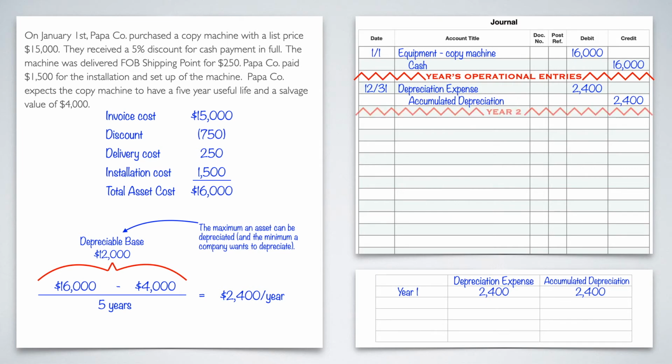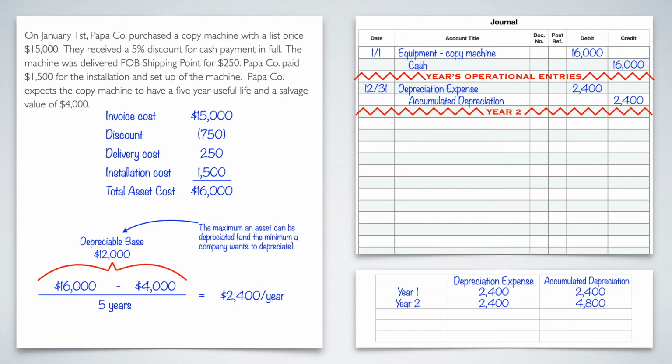Now let's go to year 2. This is why I said the straight line method is the easy one, because it's one calculation. We calculate 2,400 per year, and we're going to use that over and over again for 5 years because that's the useful life. So again, adding to our table at the bottom, year 2, 2,400 depreciation expense. This time we're going to add 2,400 to what's already there, which is 2,400.